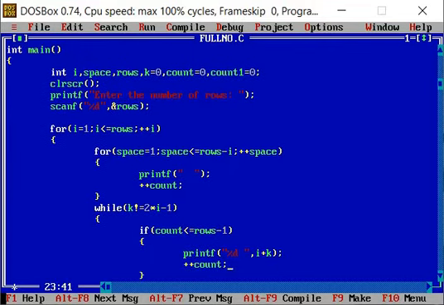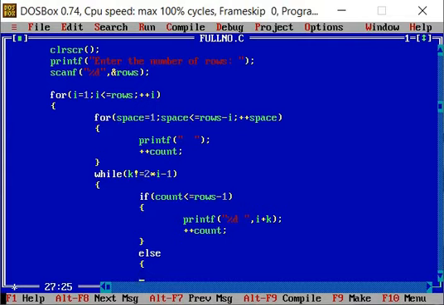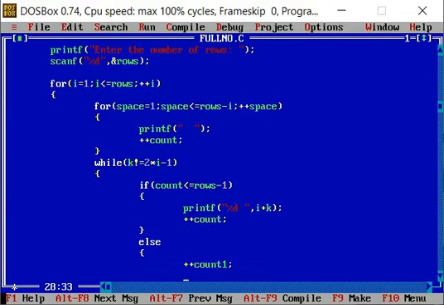Else, ++count1. printf %d, comma, in brackets i + k - 2 * count1.